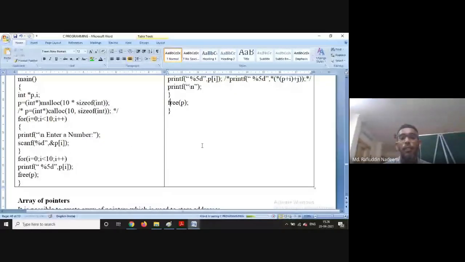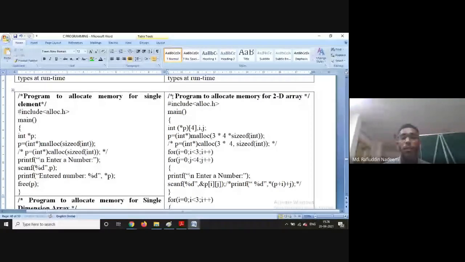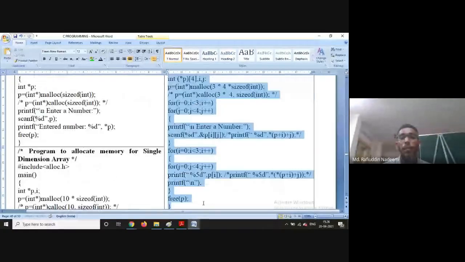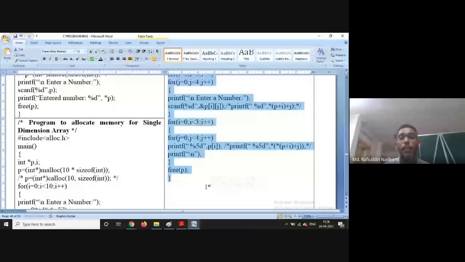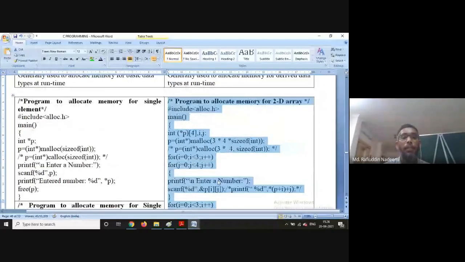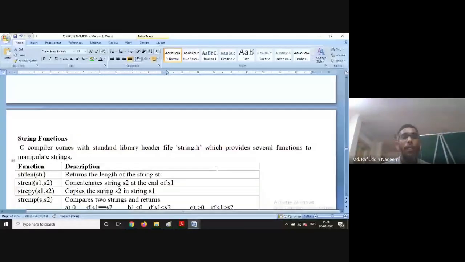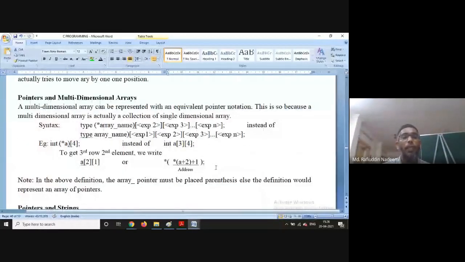Now let us discuss the third program of the day. In this, we are going to declare the memory dynamically for a multi-dimensional array, that is, a two-dimensional array. If you remember, in the previous class I just discussed this particular concept. In a multi-dimensional array with a pointer, if you remember this syntax, we are missing the first expression, and we are writing the name of the array in the brackets.